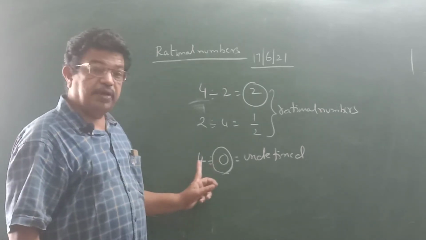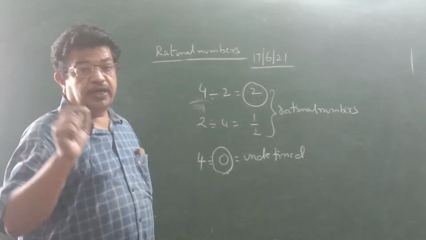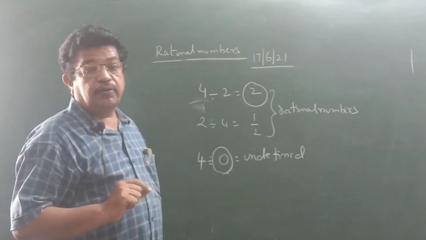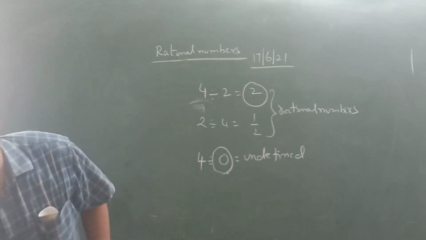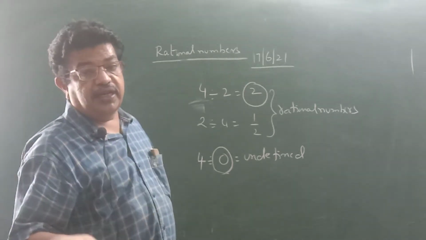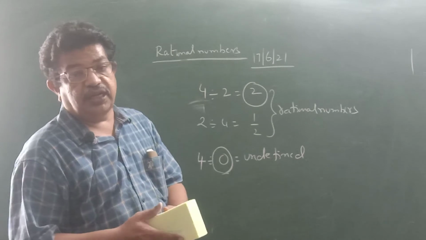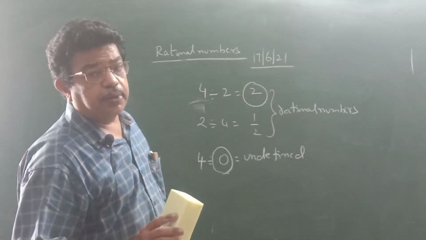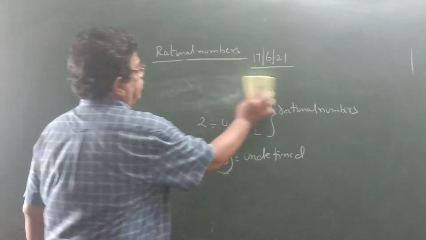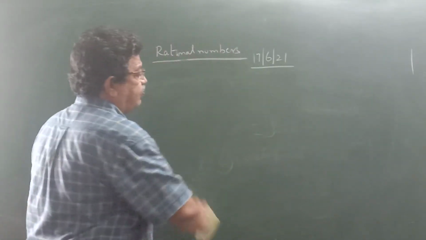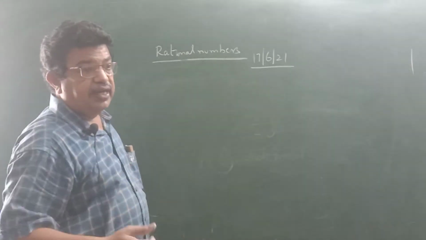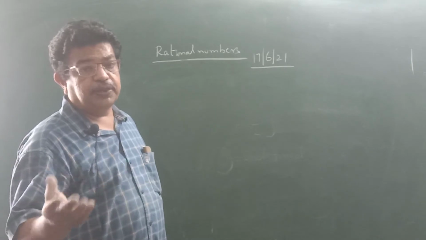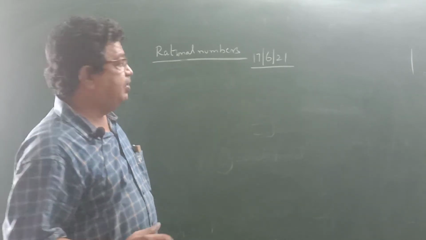You cannot divide a number by 0. If the denominator is 0, in such case, rational numbers do not have closure property under division. Other than 0, you divide any rational number by any other rational number, the quotient is a rational number. So, except for 0, rational numbers have closure property under division. So all this we have discussed so far. I just went over all the properties with respect to addition, subtraction, multiplication, and division at a glance.